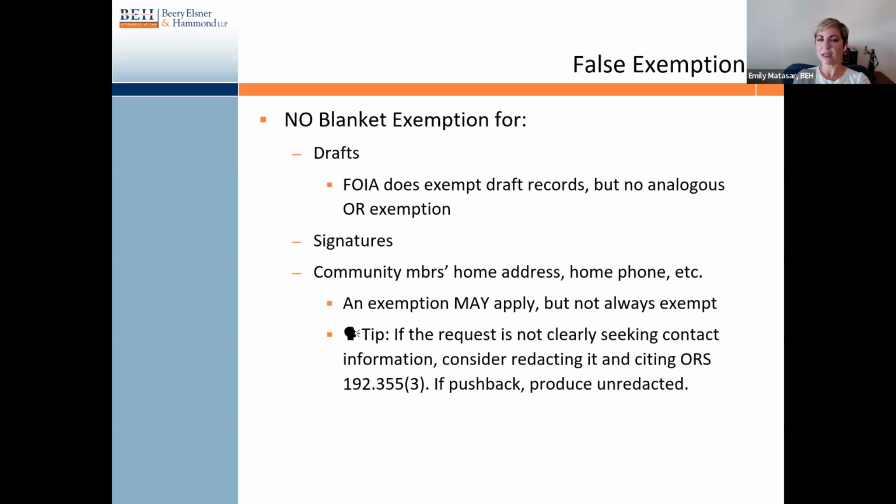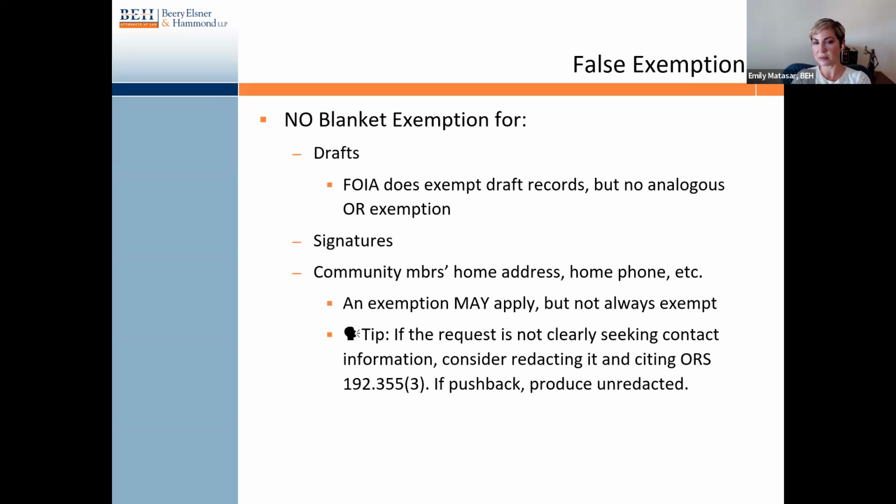and it's not clearly seeking that person's contact information. So what I mean by that is if a person, let's say a member of the press, wants to get in touch with someone who made a public comment at a council meeting, that press member wants the contact information. That's the reason they're making the request. Then I don't suggest redacting it. But otherwise, if that's not what the requester is clearly seeking, then you can consider redacting it and citing that